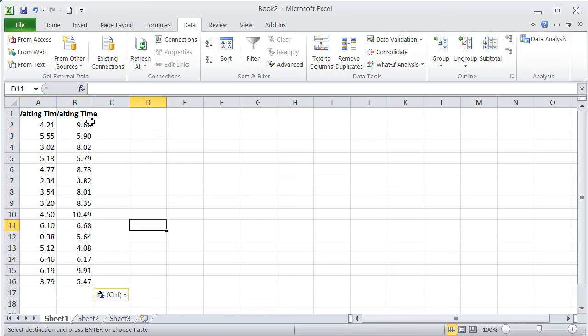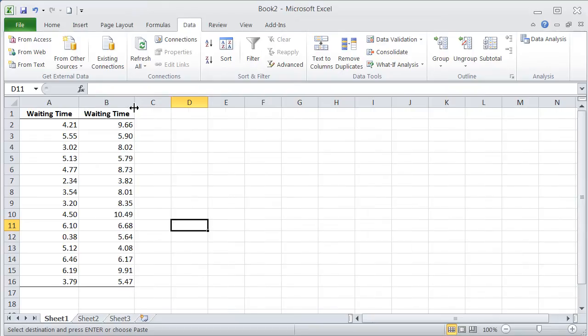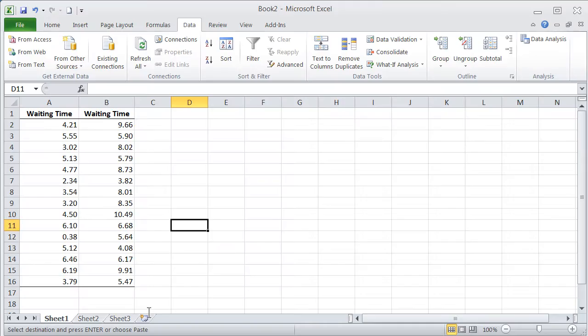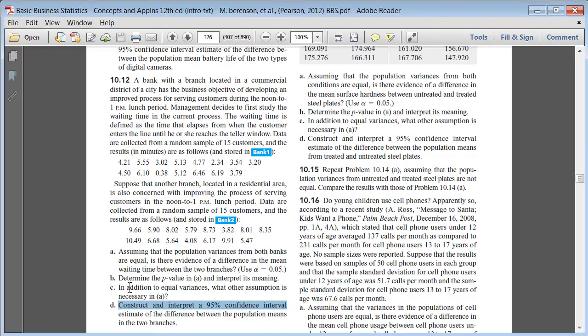So we should analyze this data, and the question is that assuming that the population variances from both banks are equal, is there evidence of a difference in the mean waiting time between the two branches? And we should use the level of significance 0.05. The second question is determine the p-value and construct and interpret the 95% confidence interval. So let's try to do all these questions